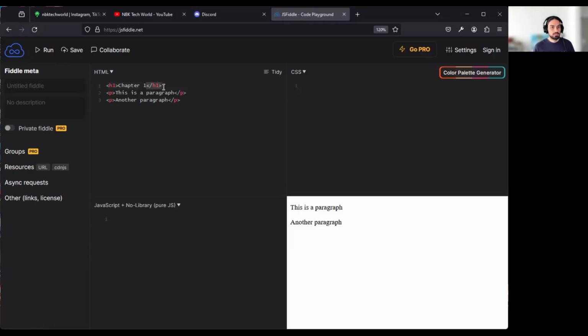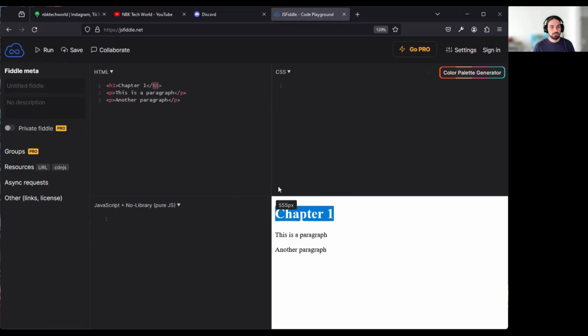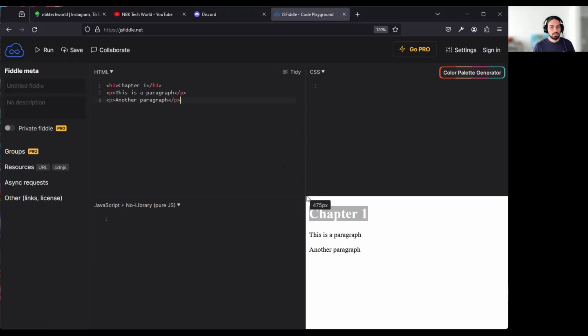Now you have to close it the same way. After you type whatever you want to show, you close it with less than slash name of the element being H1 and then greater than. Now, if you click top left run, you're going to see chapter 1 in big letters here. So the default style for an H1 is big letters because it's supposed to be, this is a section of